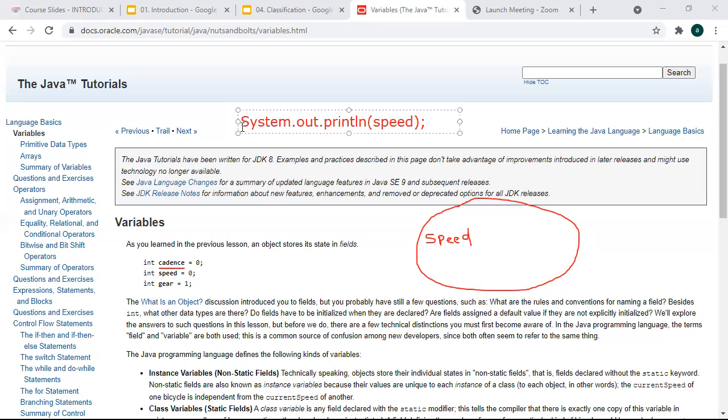Whenever the program wants to print the speed variable value, how will it know what value speed has? Speed is just a variable. You declared 0, so the memory will not search for the 0, it will search for this variable and print 0 on the screen.